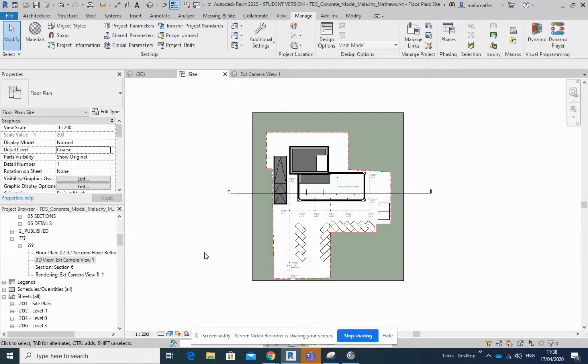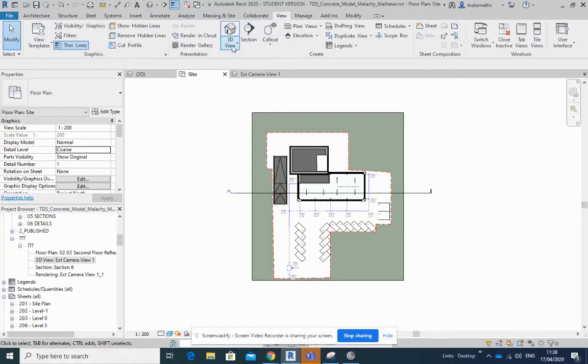Now, students, we're going to move on to rendering. So we've got our topology and subregions and all of that set up. I like to take my camera views from this site plan. So I've got my site plan set up here, and what I'm going to do is go straight over to